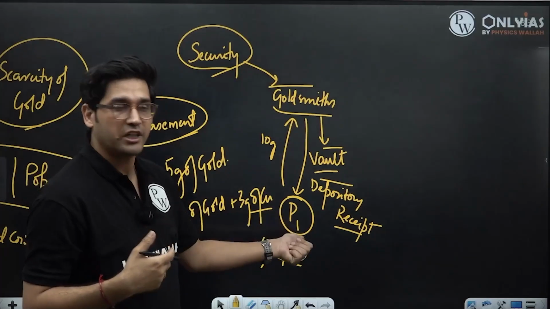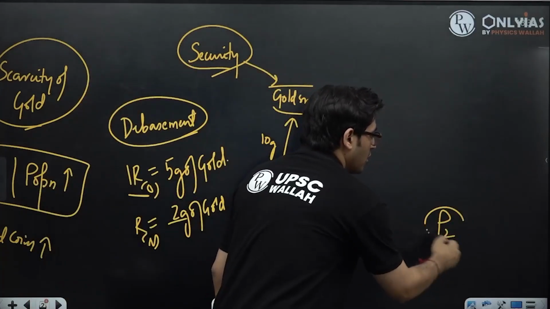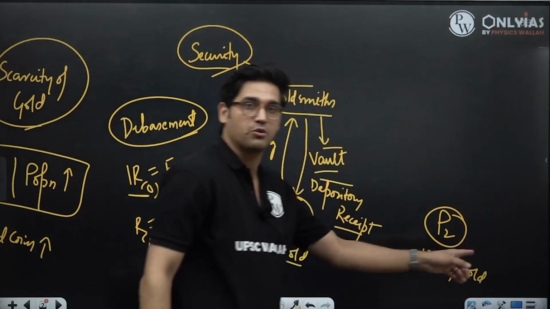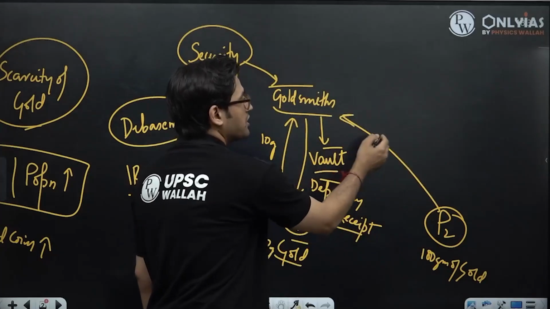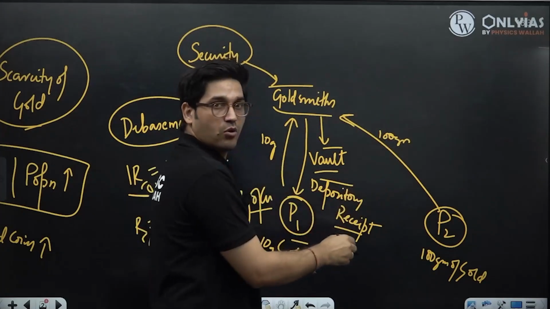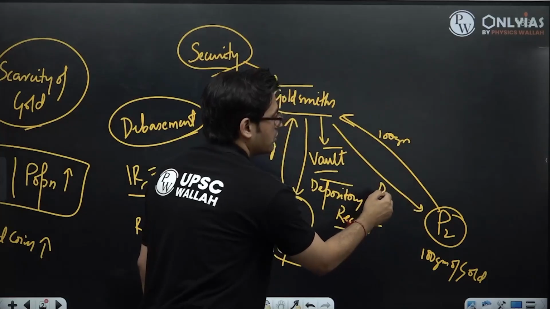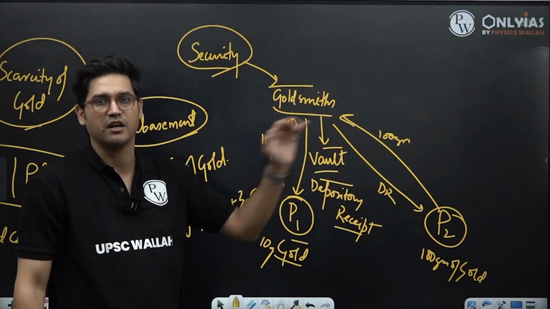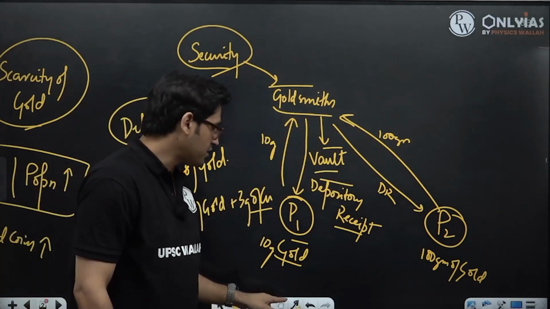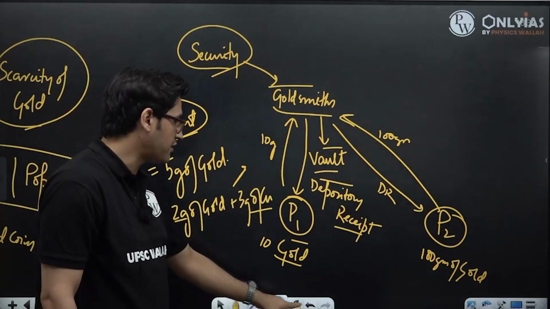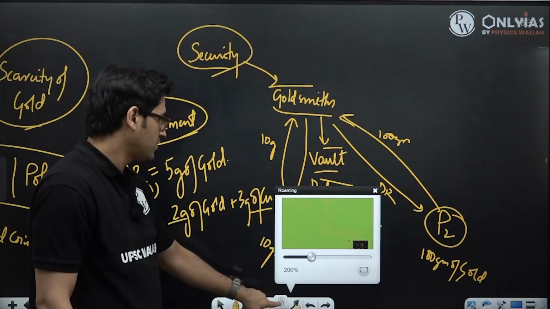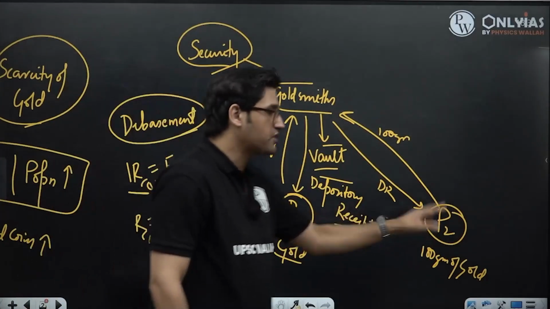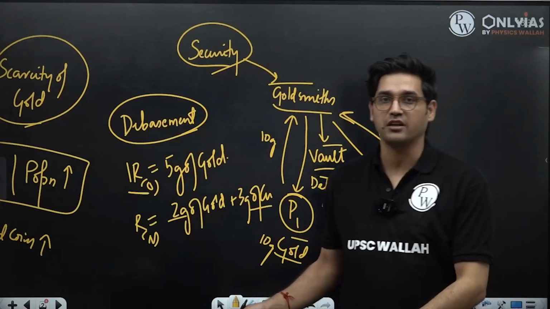Much like you would do it, there would be another person 2, who has 100 grams of gold. And since he also wants to keep his gold safe, he is going to go to the goldsmith and give him 100 grams of gold. And the goldsmith in exchange is going to issue a depository receipt to him which says that yes, this person has deposited 100 grams of gold with me. Now imagine that these two people are the same people that we used in our examples previously. Which is to say that person 1 is the farmer and person 2 is the shoemaker.